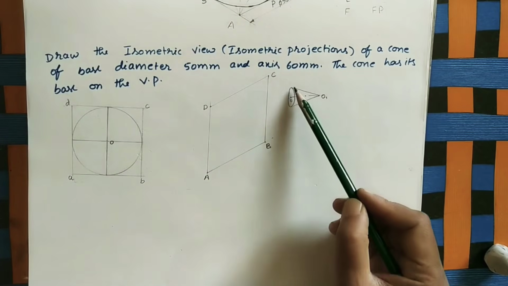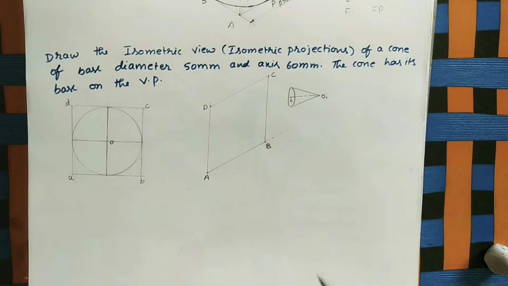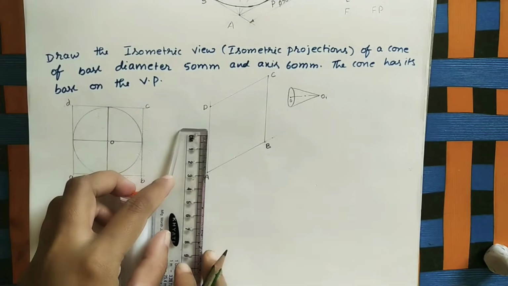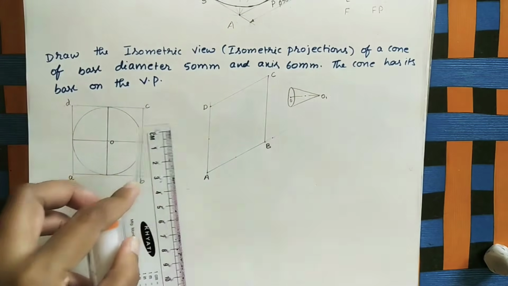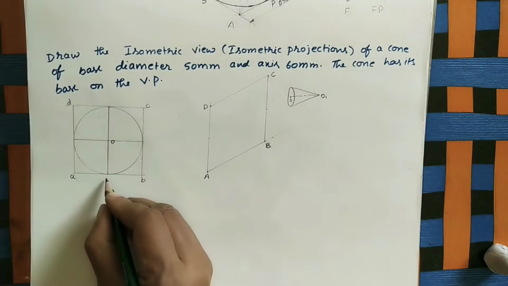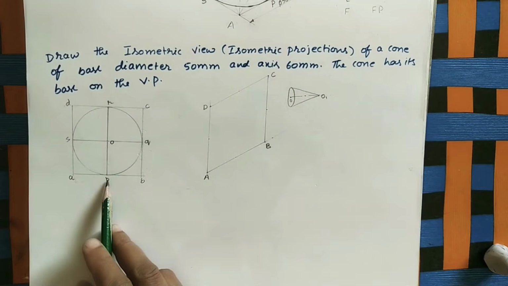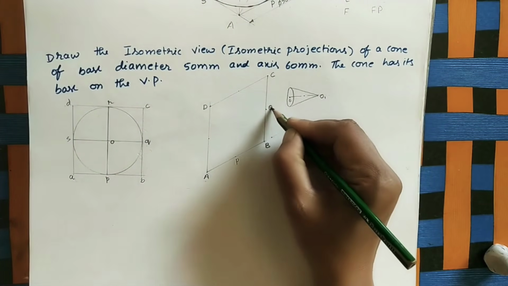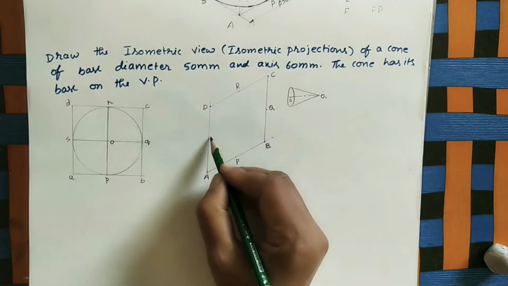In it we have to keep this ellipse. So for that, mark these middle points. As we know, this is 5 centimeters, so the middle point is 2.5 centimeters. Here 2.5, 2.5, and this side also 2.5, 2.5. So here give names for the middle points. I am giving small letters P, Q, R, S. On the AB line the middle point is P. On the BC line the middle point is Q. On DC the middle point is R. On AD the middle point is S.